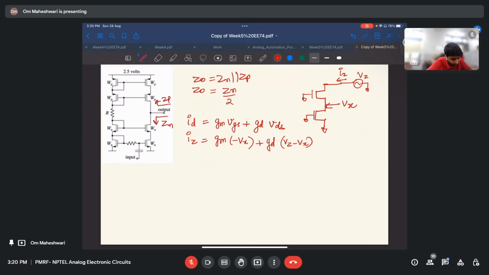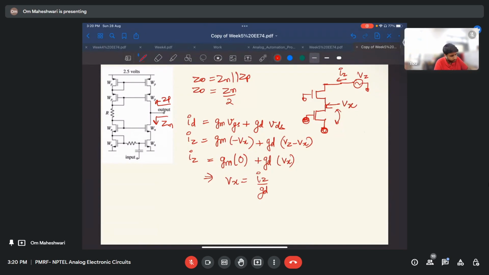Okay, so this is fair. Now I'll write a similar equation for this MOSFET. Again, the current will be Iz only, equals gm. Now this is grounded, and also this is grounded, so it will be 0 plus gd. This voltage is Vx. So this will give me Vx equals Iz by gd,